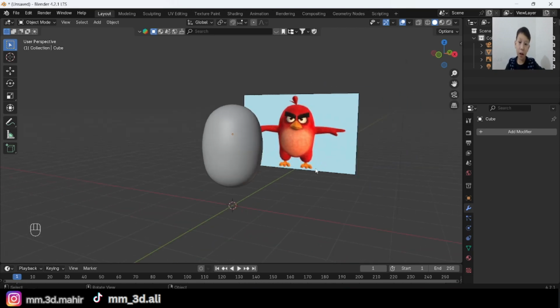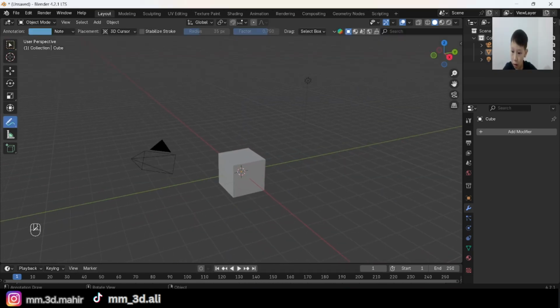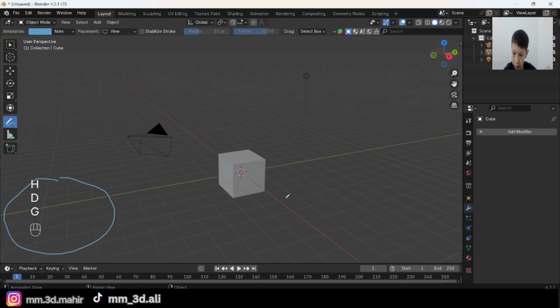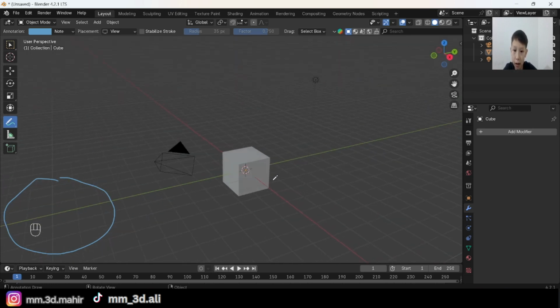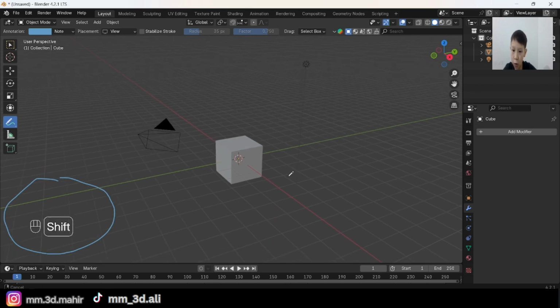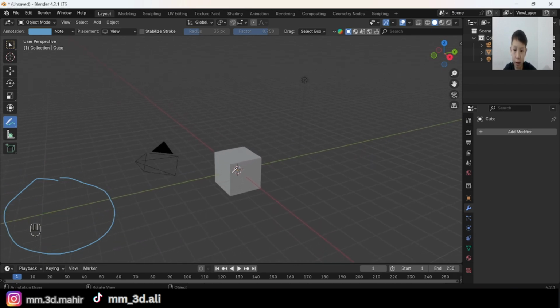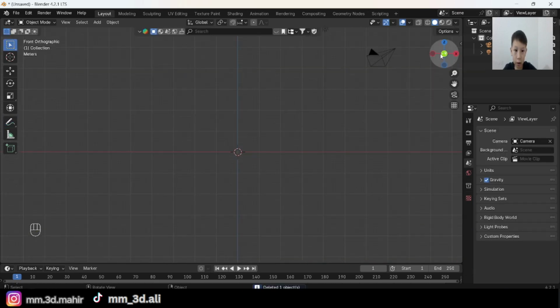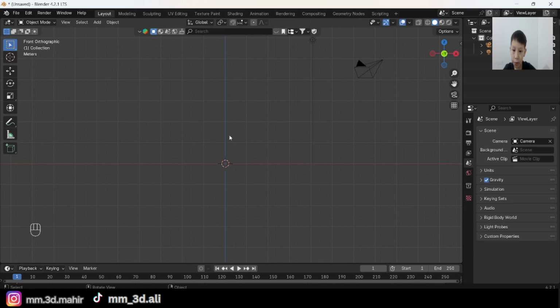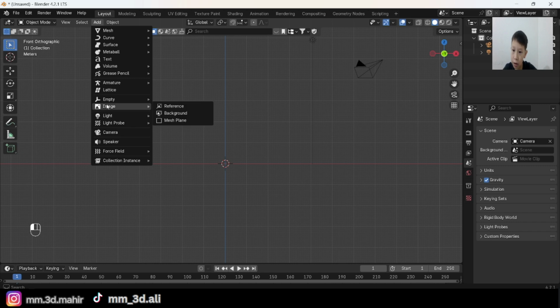So let's get started. Now I have here some case add-on which shows what case I pressed to, like HD, like this. So if you guys don't understand what I'm doing or what I'm pressing to, you guys can just look over here. Now I will click over here to front view, then go to add image and then go